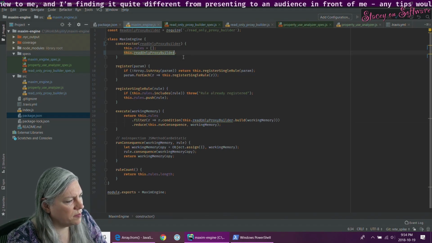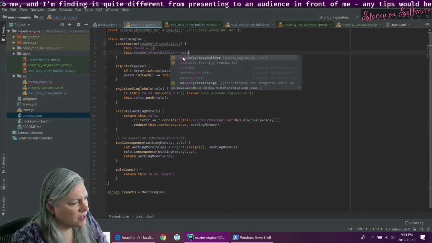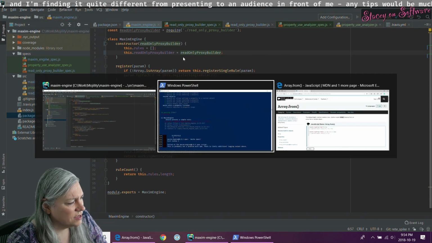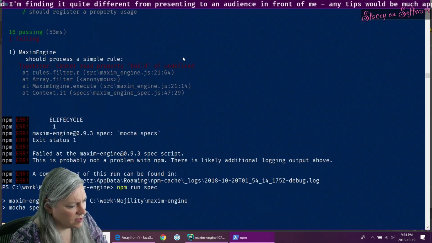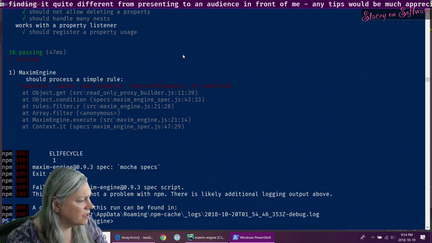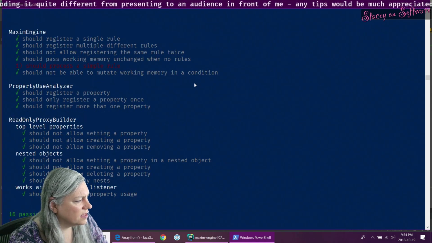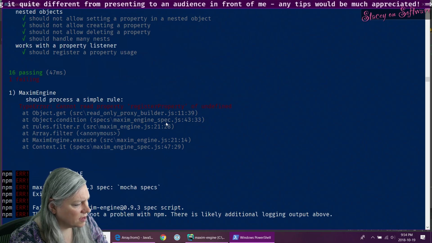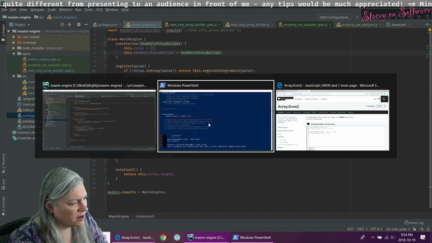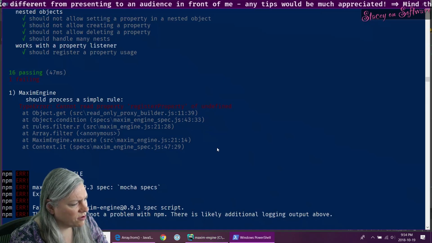Oh, maybe I should assign it. Would that help? Can't read property register property of undefined. Read-only proxy builder line 11.